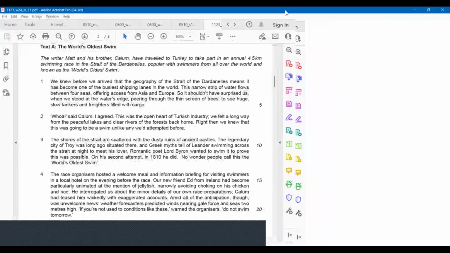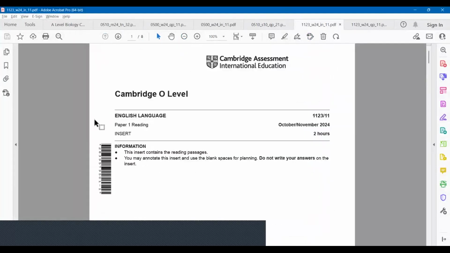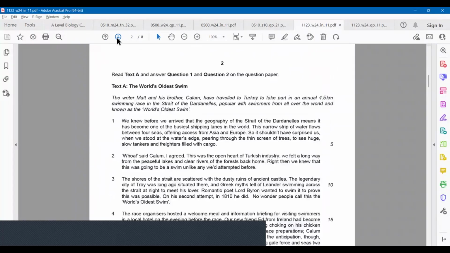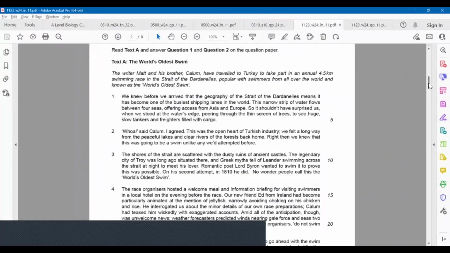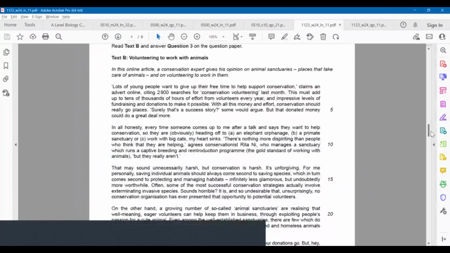So you can see on screen, this is the insert for the reading paper from October 2024, and this is from variant 11. This is not the one that is conducted in Pakistan, but it is a Cambridge paper nonetheless, so it's relevant to us. And here is the text. There are two texts over here. Text A is the one which will be used for comprehension questions, and text B will be the one used